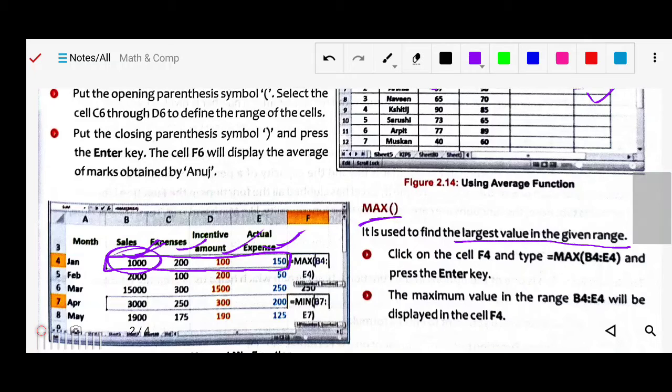The result will be displayed in the particular cell where you use it. Here min is used, so you have selected the range and used the minimum function, and you will get the minimum value, the smallest one.